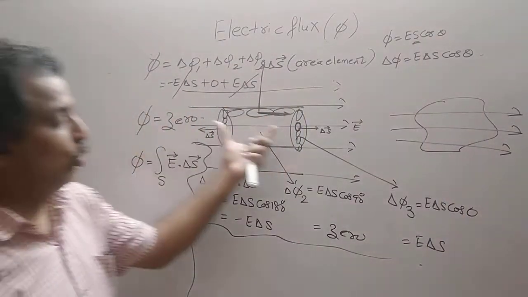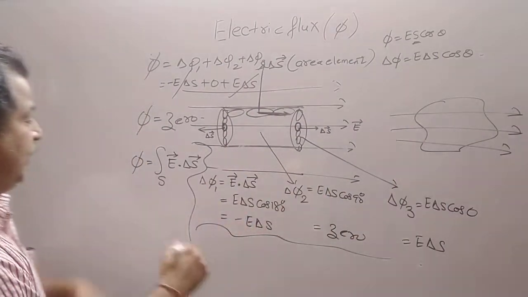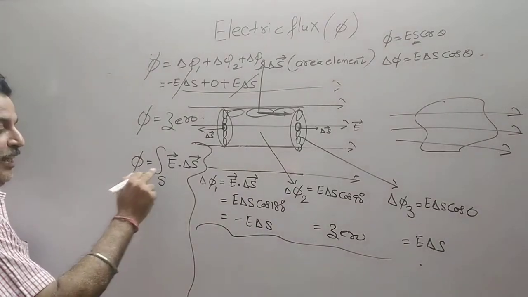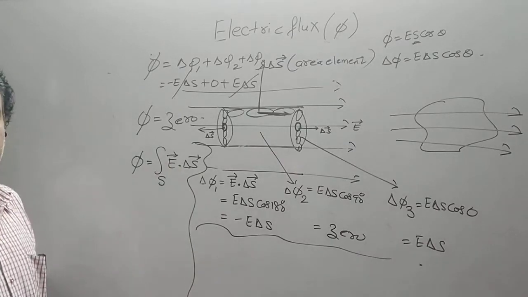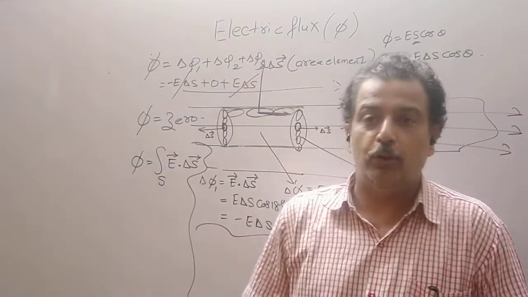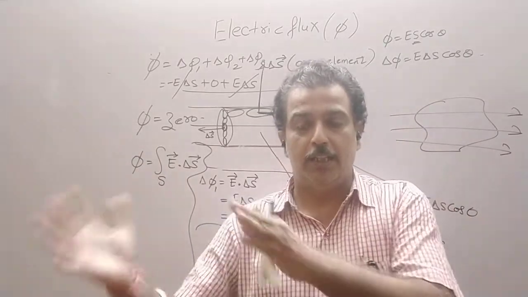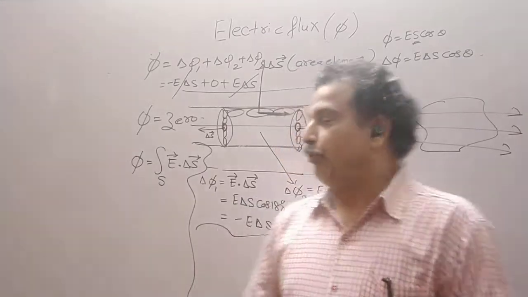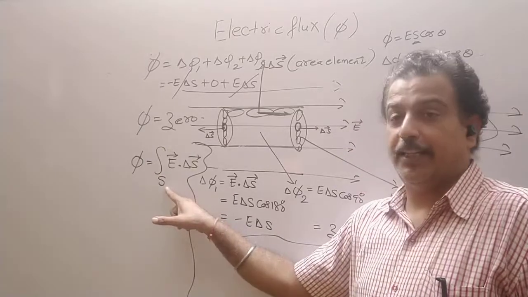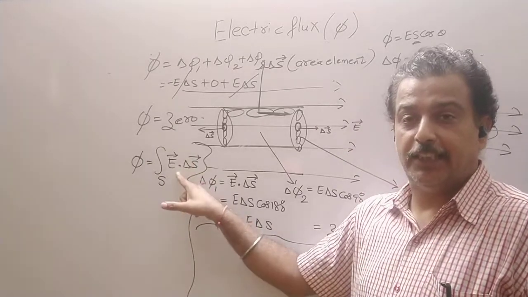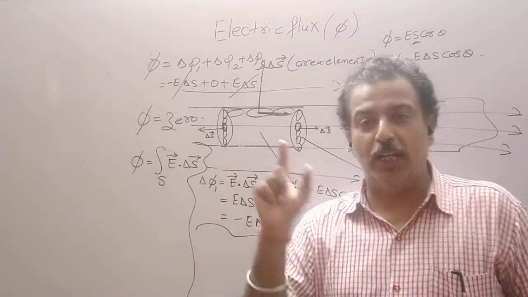If I am considering a closed surface like a cylinder, sphere, or a cube placed in the field, then the electric flux is equal to the surface integration of electric field intensity taken over the closed surface. So we have divided the flux into two parts. One part was for plane sheet, other was for a closed surface. So for a closed surface, the electric flux is equal to surface integration of electric field intensity taken over the closed surface. This area element should be as small as possible.